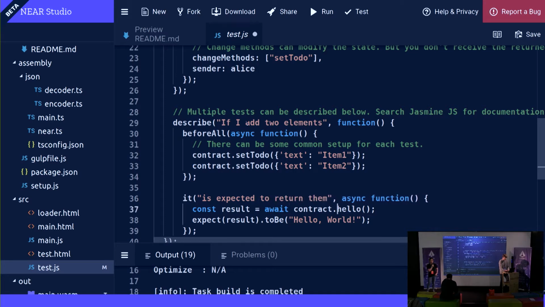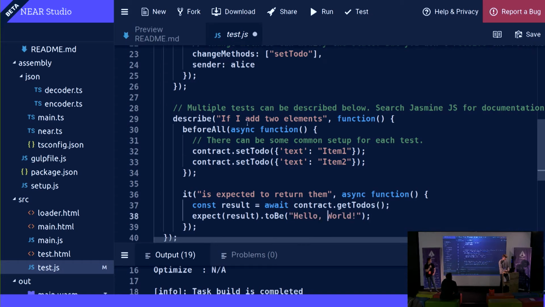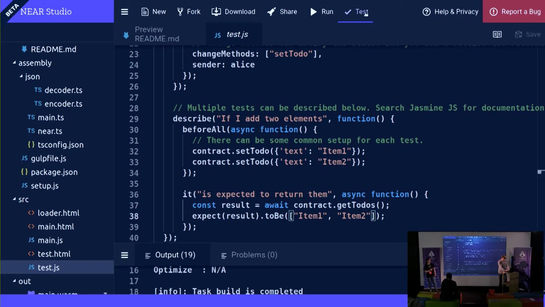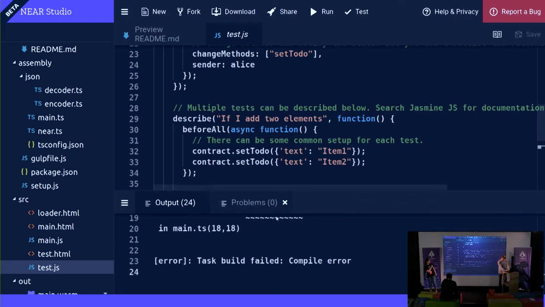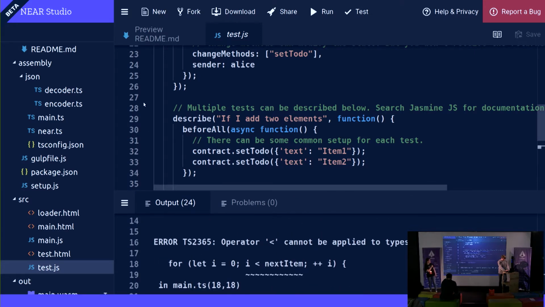So result is, and so you can use async await, which allows you to effectively write a code which looks like it's serial, but it uses asynchronous calls to the smart contract. And so we expect the result to be... probability of this working, 0. You know why? Oh, that's just a prediction. It doesn't compile. Well, we can kill the second thing. Okay, now it's above 0. Okay, let's see. So when you click test, oh, you still have a compiler error. I still do have a compiler error.